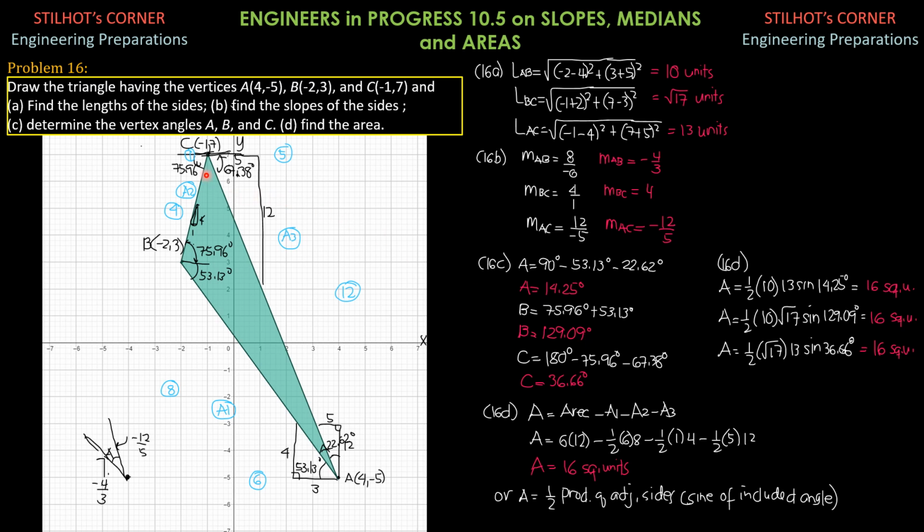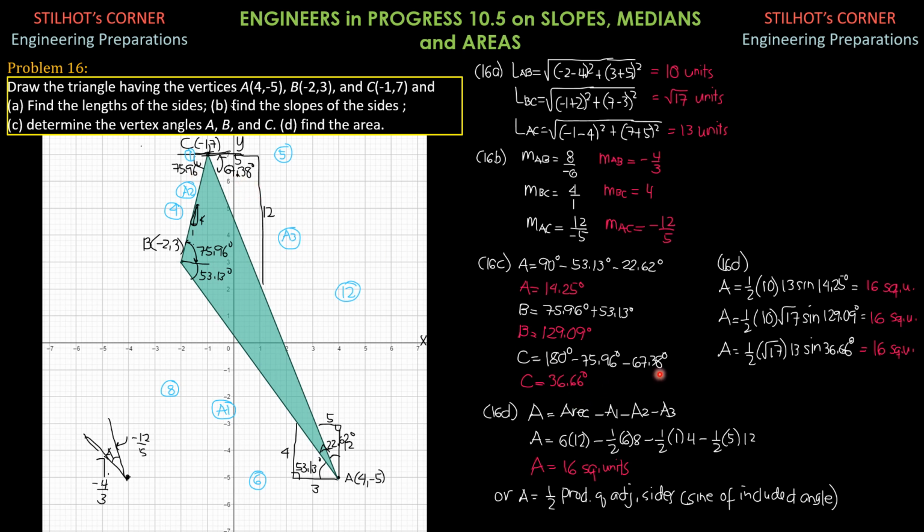Then finally, for this angle here, the measure of this angle and that angle there from the horizontal to this side is the same, 75.96 degrees, while the measure of this angle is inverse tangent of 12 over 5 from the slope of this side, or it is 90 degrees minus 22.62 degrees. So therefore, this angle C is 180, a straight line angle, minus 75.96 degrees minus